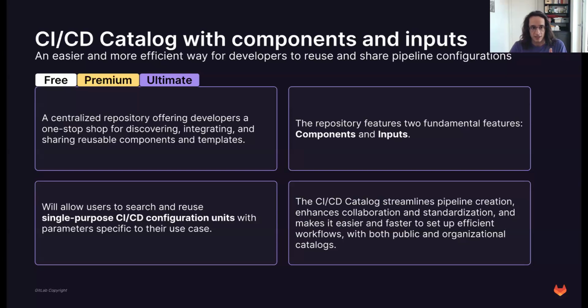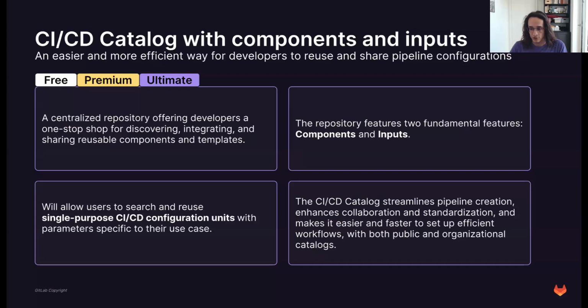Basically, the CI/CD catalog is, in the side, we described it as a repository. That's a bit of unfortunate usage in terms of GitLab, because repositories usually contain source code, right? So imagine the CI/CD catalog really as a catalog of CI/CD components, and I will explain shortly what a CI/CD component is and how they work. It's kind of a central place where you can find all the different reusable CI/CD pipeline parts inside GitLab.